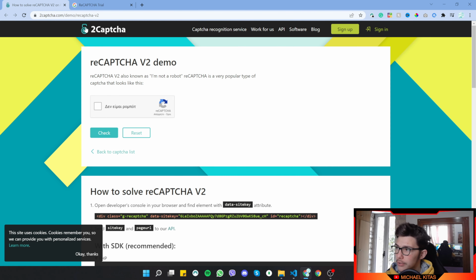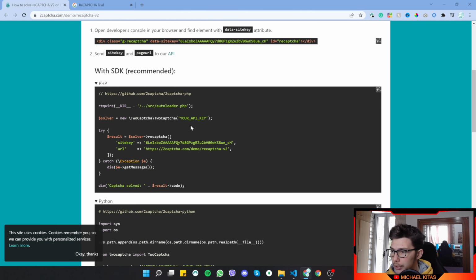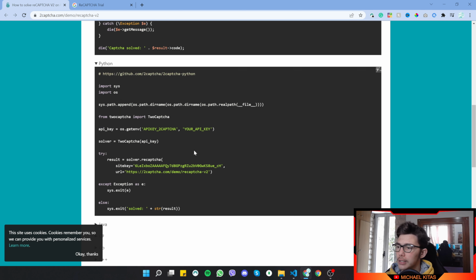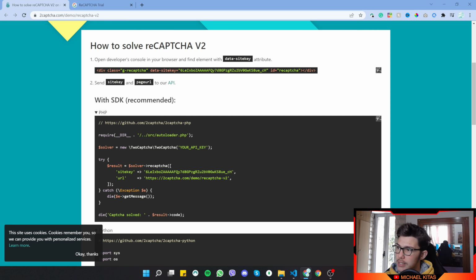So as you see here, hCaptcha is a service that offers solving CAPTCHAs for you. Basically, you give it the website you want to solve the CAPTCHA, the URL, and then you give it some extra information, and then in return, it will give you a code which you can input to that website you want to solve the CAPTCHA, and then once you click submit, it will seem like the CAPTCHA is solved, which is basically solved. So first of all, it says go to the website you want to solve the reCAPTCHA,